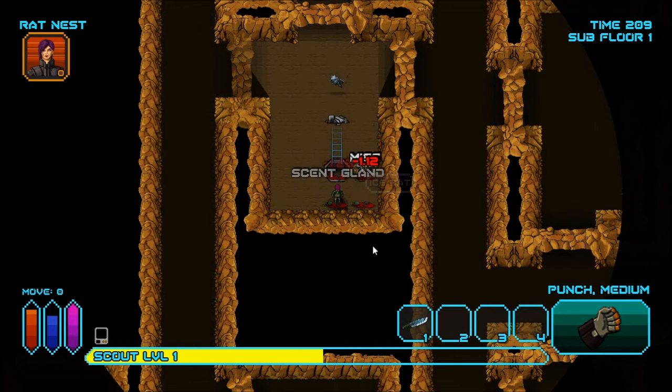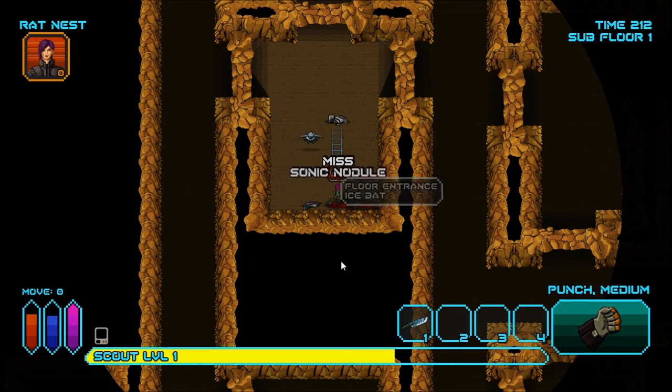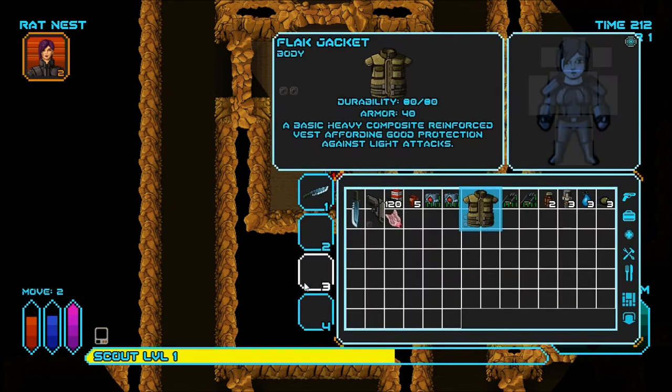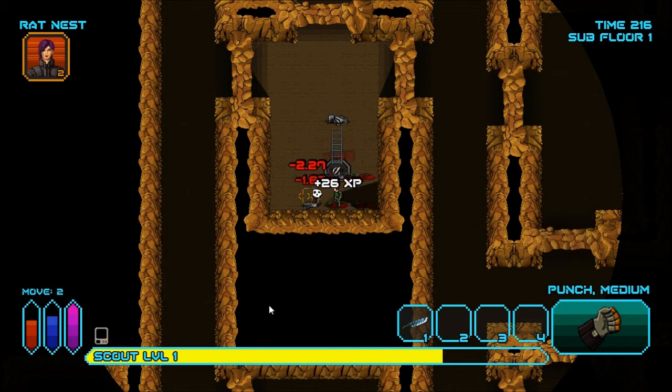Now I've entered into the pit. The first level looks like this sort of cave. I am punching all these rats to death, and you can do that. You can either right-click on a spot and add punch ability, or if you select knife and then select it again, it switches to punch. I'm doing this, and I don't have my armor equipped because